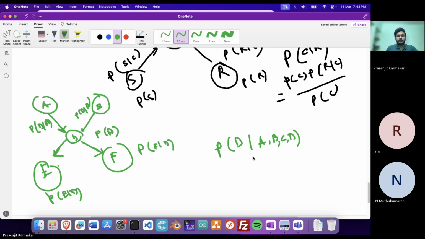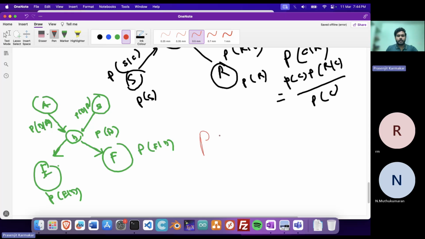Let's say, let's not go this way. Let's just say you are supposed to compute probability of E and F occurring jointly together. Okay. So